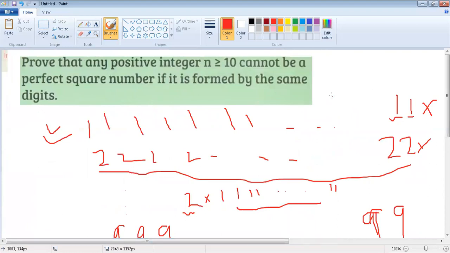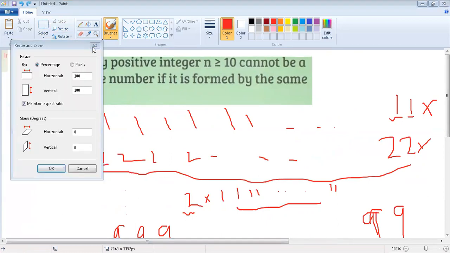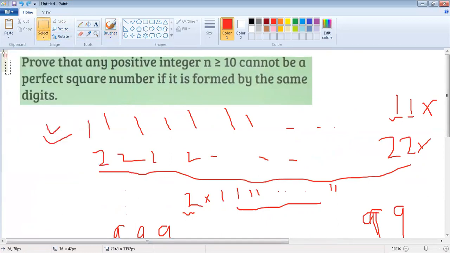Since 000 is not greater than 10, we cannot assume that to be a part of this question. So that's how those properties come into use, and will come into use in the questions I will leave at the end. So the second concept we are going to learn is the factoring trick